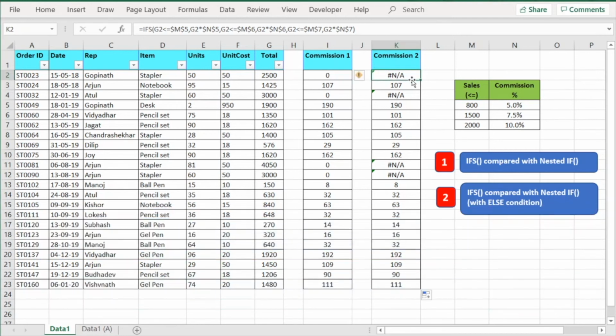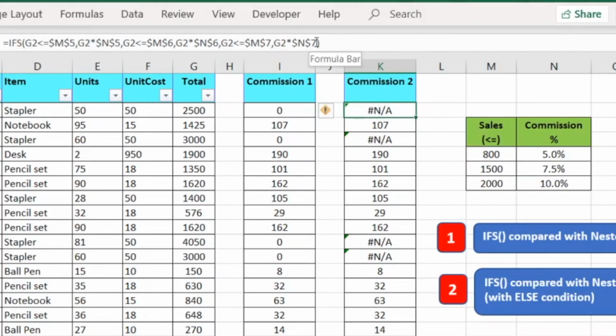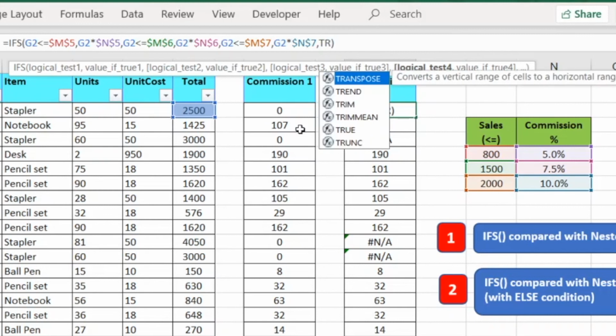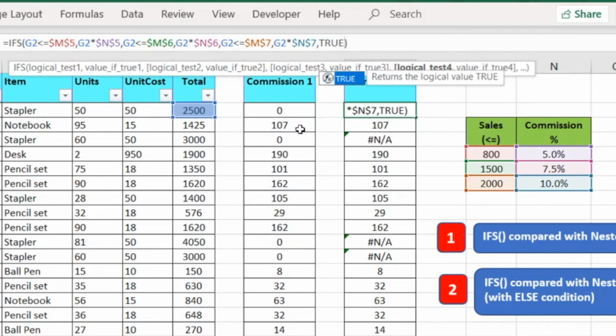So for that, let me go to the first cell where we used this formula. And the trick to use in case of an else scenario, where we have some data which is outside the range, that can be taken care of by the true part of the if function. Then we can add another condition to it, like we have done. We have added 3 conditions earlier. Now we will add one more, and that is for the else part. So how can we add that? We will just use TRUE